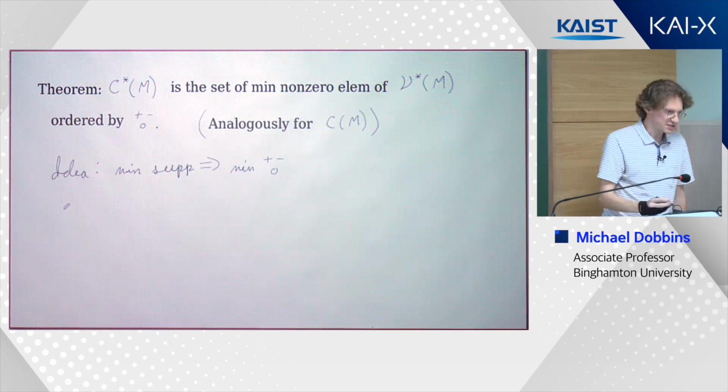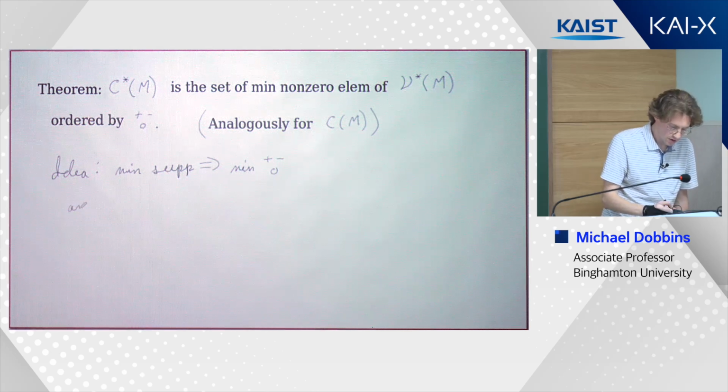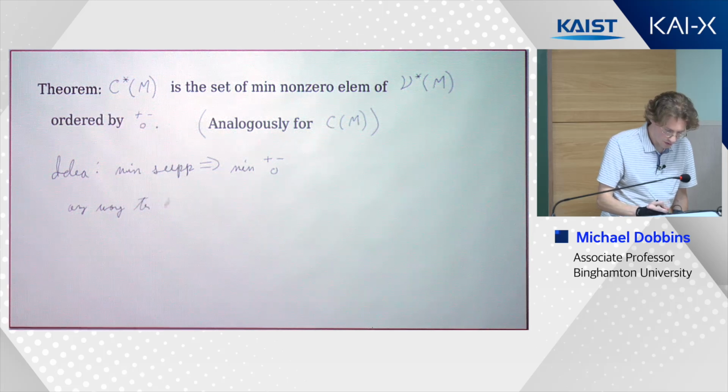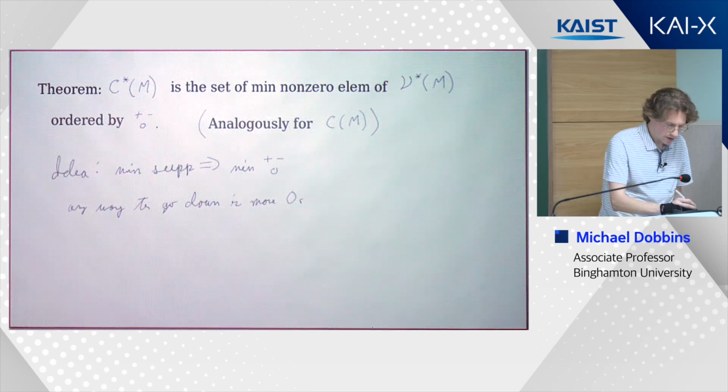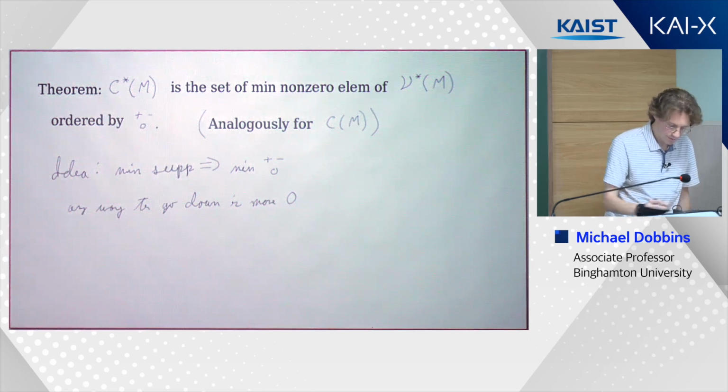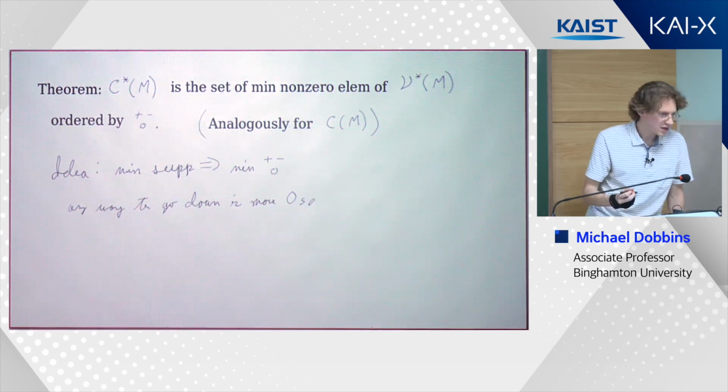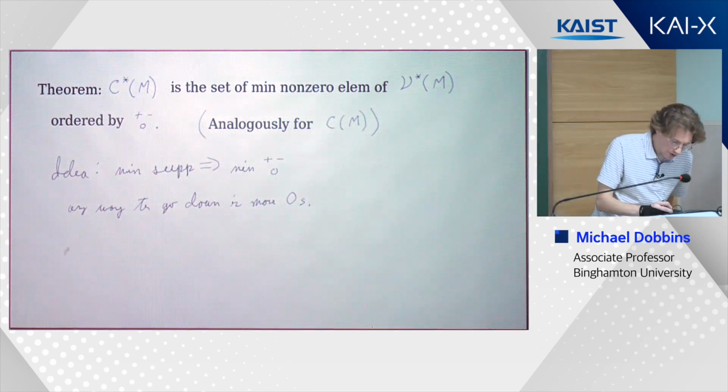This is just since the only way to go down in the poset is to have more zeros. But the other direction, let's say we want to check